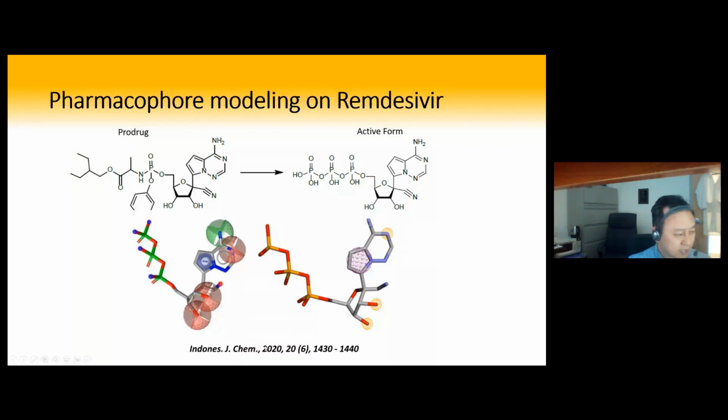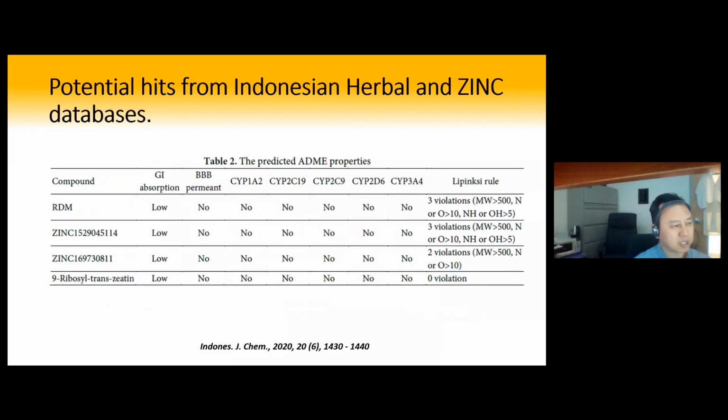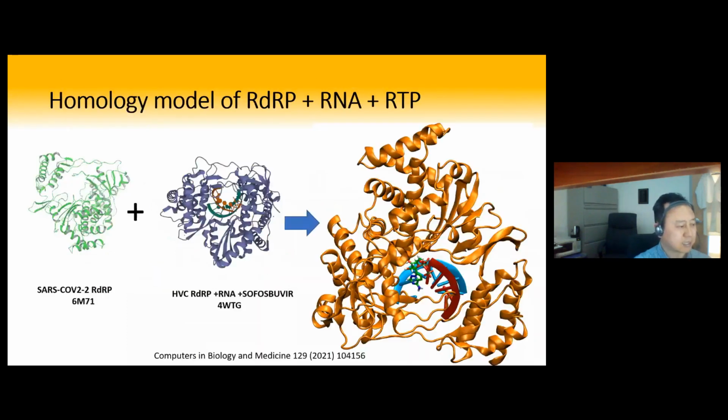Okay, so this work is 2020. This is the compound we found that mimics it, and I don't know if any experimental group has tried it yet. But at least we picked some compounds, and here is more supporting data for the potential drug properties of those compounds. Again, this can be done in the computer, right? Predict drug properties and pick the best one. Okay, so that's the study.